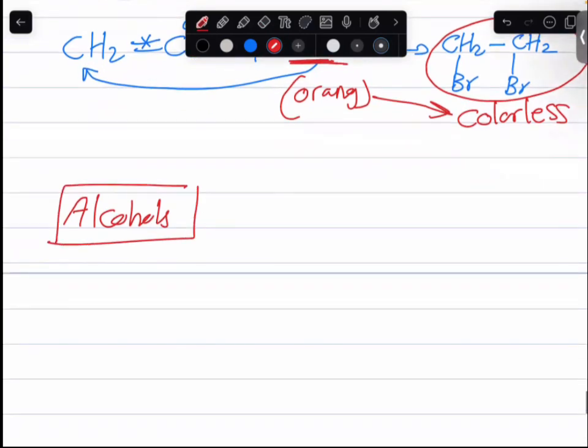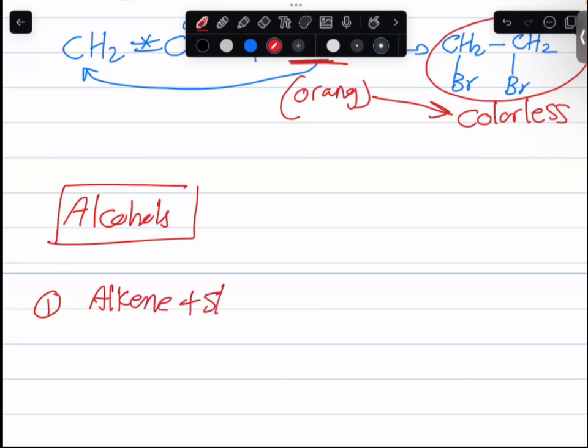Before the reactions of alcohols, we have to know how we prepare alcohol. How do we prepare alcohol? We have two different ways. The first way we already explained, which is the reaction of alkene